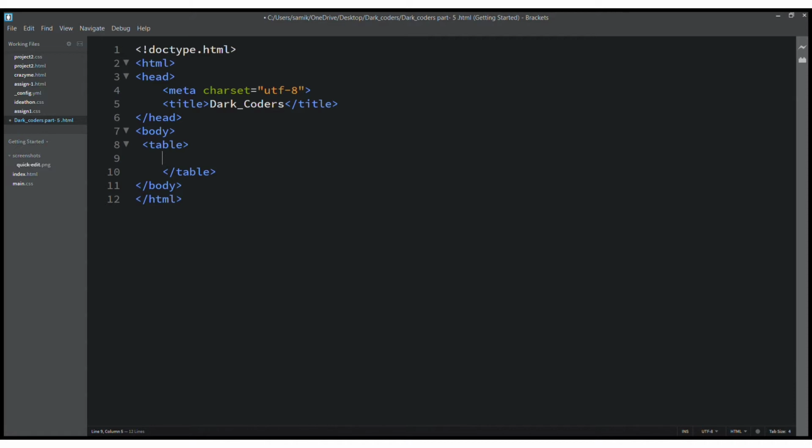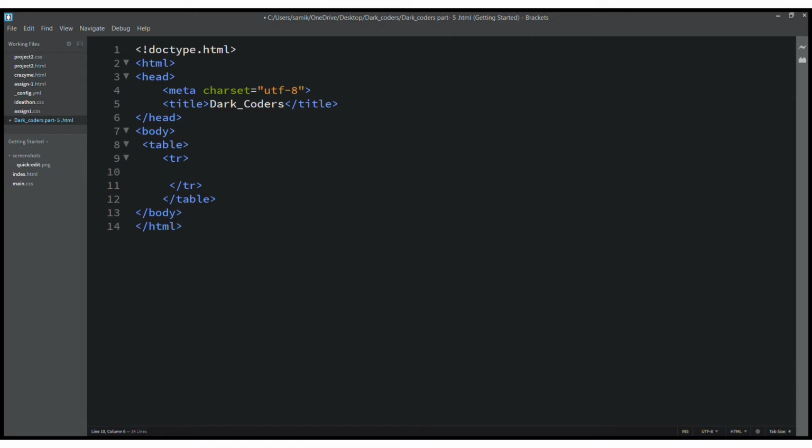Okay, so first here we have to write the tr tag. I have told you what tr tag means: table row tag. So first I will write here the tr tag. Here also came the end of the tr tag. I told you that they are container elements, not empty elements.